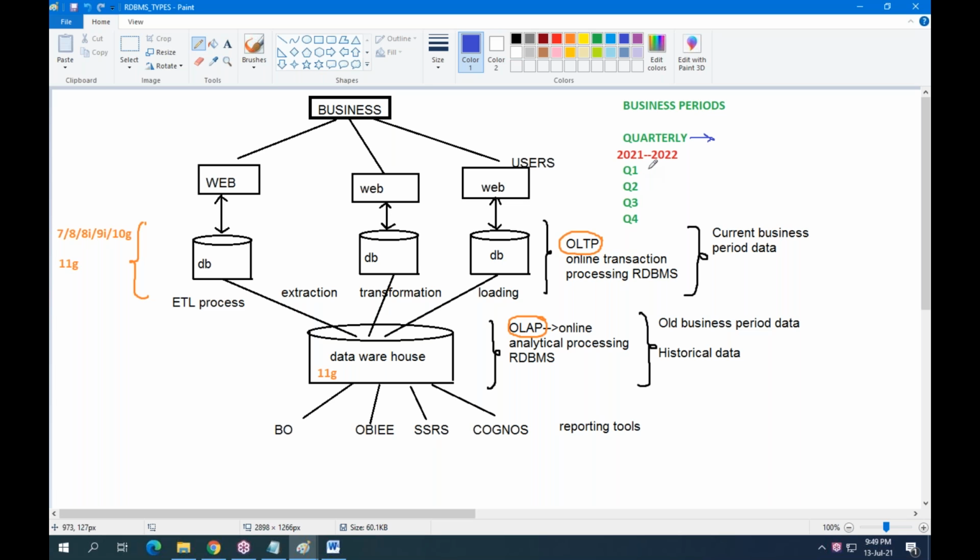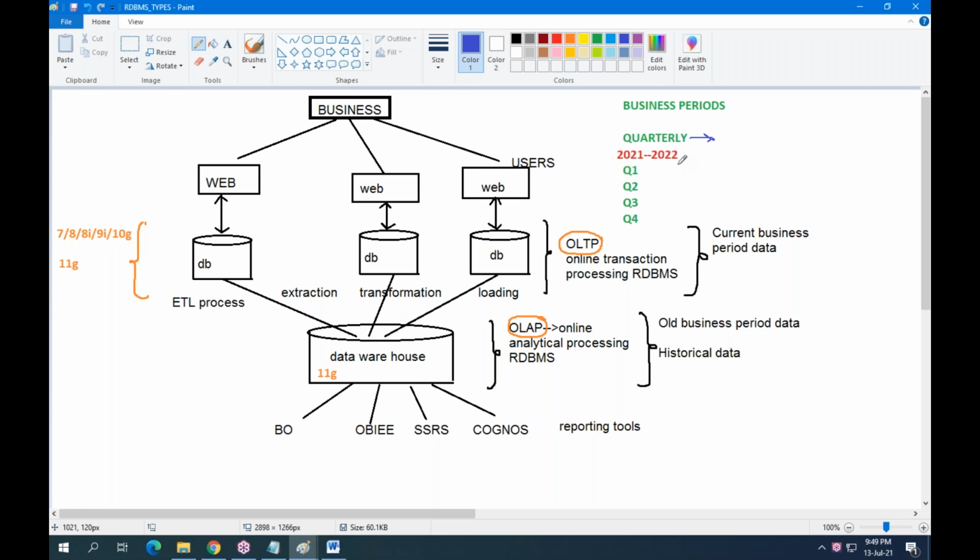Our present financial year is April 2021 to the next year March ending 2022, April 1st 2021 to March 31st 2022. This is our financial year according to the Indian financial system.